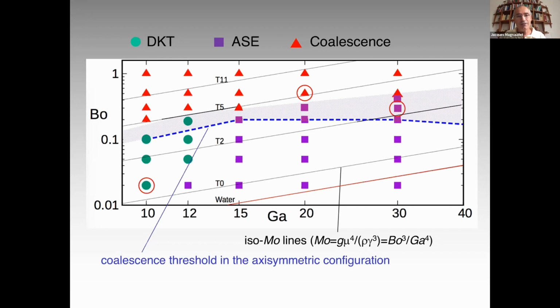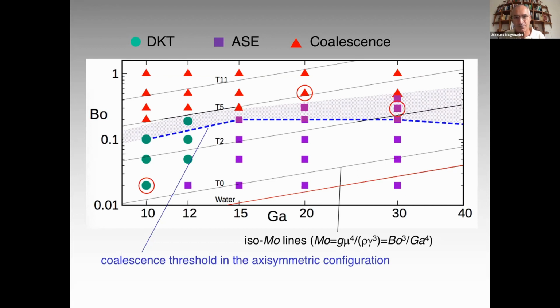But increasing the Bond number beyond a threshold, which is between 0.2 and 0.4, depending on the Galilei number, all bubble pairs are found to coalesce. But below this threshold, and for Galilei numbers larger than 12 to 15, we see the region filled with purple squares, and this region corresponds to the asymmetric